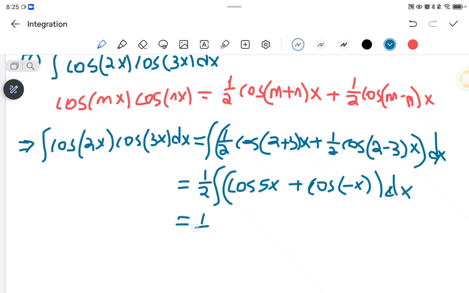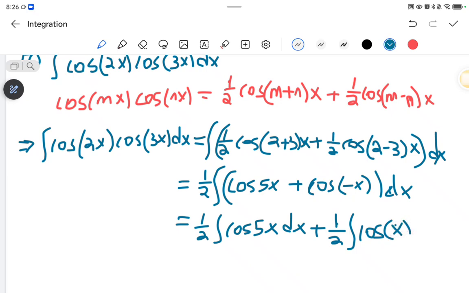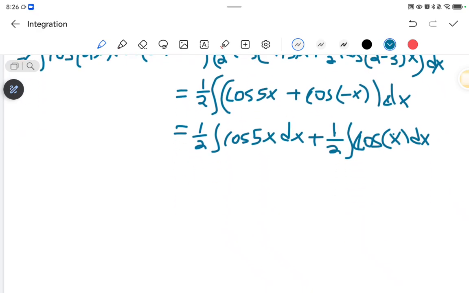This will be 1 over 2 integral of cos of 5x dx minus the positive, because cos of negative is positive, 1 over 2 integral of cos of x dx. Or if you want to start by changing this to positive there,